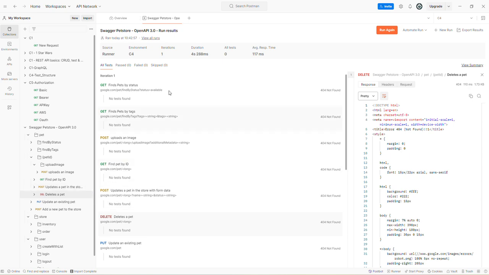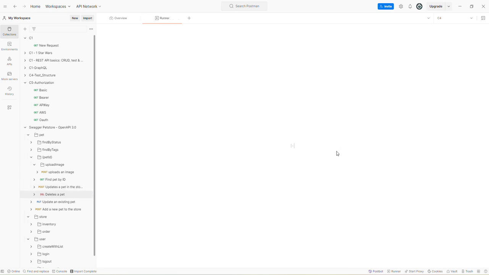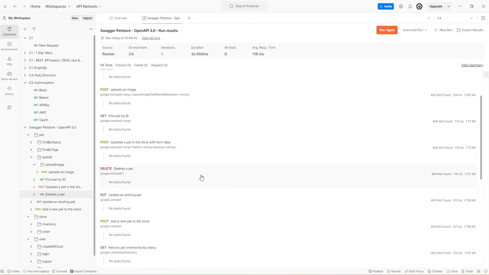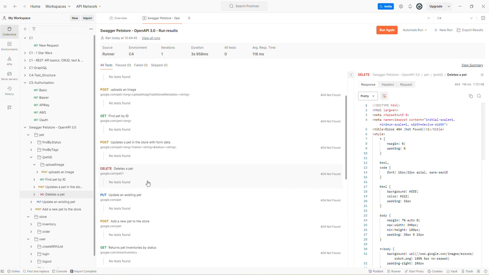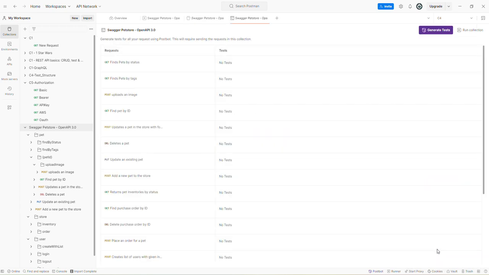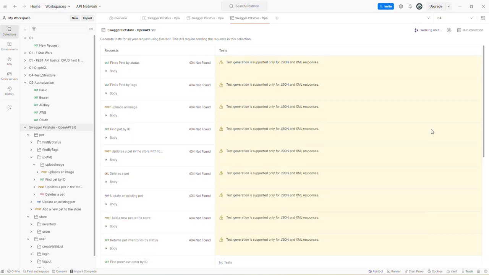Okay, so if I run this again, see now this one is passing even though there are no tests. So now if you want to add some tests to this automatically, you can use this Postbot. This is the generate tests option, I mean using the AI tool. So you can just click generate tests, and here you can generate